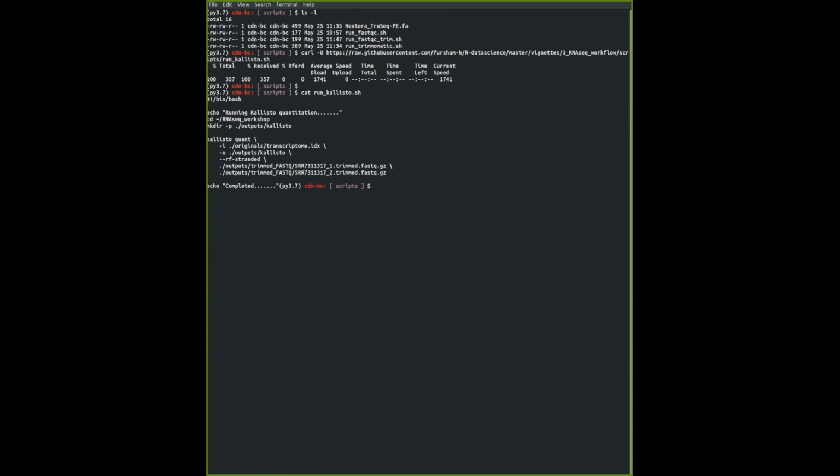So I forgot to download it, so it's now here, and it's again very simple, a similar sort of breakdown. You have first the mandatory line, an echo of running the quantification, cd and making new directories, as what we've seen before. We create a new directory called Kallisto. This is where your outputs will be found. And again, inputs are the index with the argument -i followed by the directory to the index,